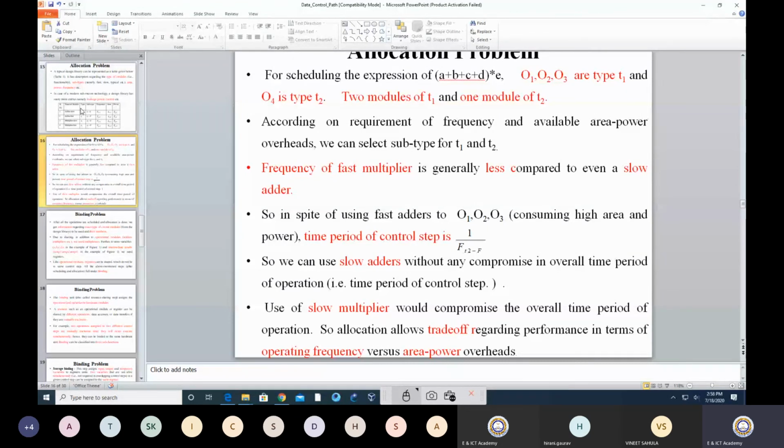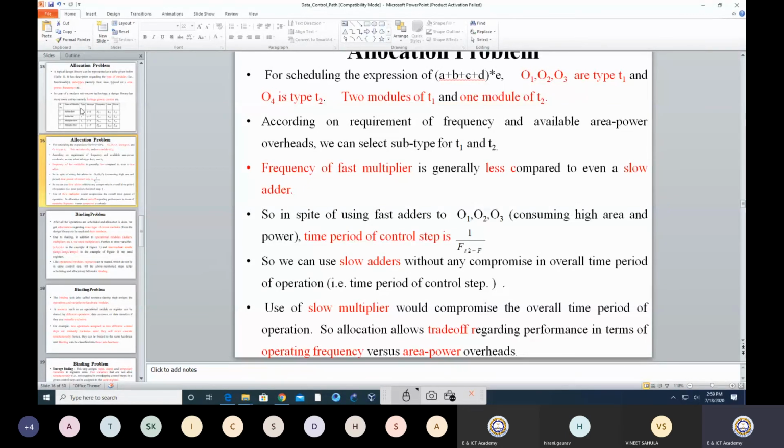because if I use a fast adder, then it should improve the clock frequency. पर इसमें एडर मेरा क्लॉक फ्रीक्वेंसी में तो कोई कंट्रीब्यूट करने नहीं वाला, बट अगर मैंने फास्टेस्ट एडर लिया तो ये मेरे पावर में डेफिनेटली कंट्रीब्यूट करेगा, क्योंकि फास्टेस्ट एडर की जो पावर होता है वो लार्जर होता है, ठीक है. सो वी यूज अ स्लो एडर विदाउट एनी कॉम्प्रोमाइज ओवरऑल टाइम पीरियड. तो मैं स्लो एडर भी लूंगा ना तो जिससे मेरे सिस्टम के परफॉर्मेंस में कोई फर्क नहीं पड़ेगा, पर डेफिनेटली उसके पावर में पड़ेगा, ठीक है.